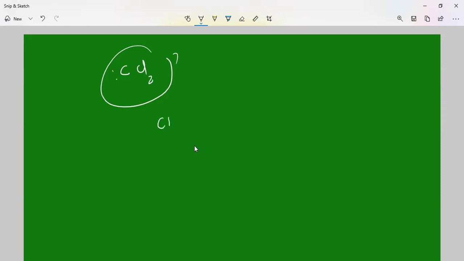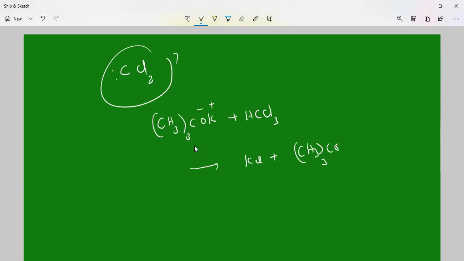What is potassium tertiary butoxide? It means (CH3)3C-O⁻ K⁺, like this. This is minus, this is plus, and this is treated with chloroform, CHCl3. So in this, what is going to happen is the potassium takes away one chlorine and forms KCl, and the remaining thing is nothing but tertiary butyl alcohol, (CH3)3COH, and the rest part of that one is CCl2,